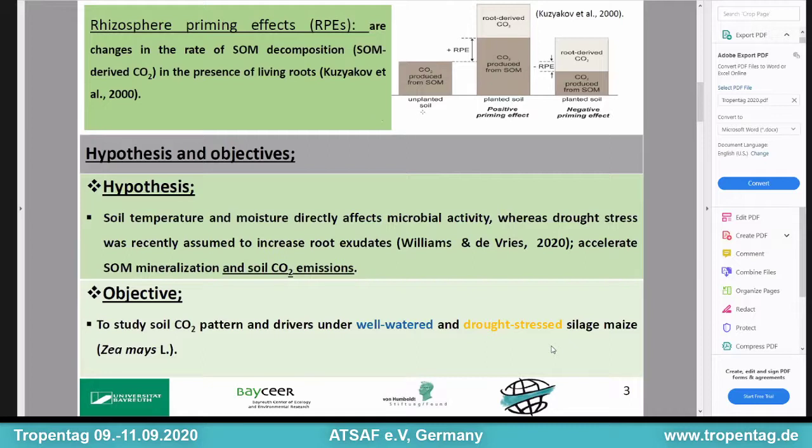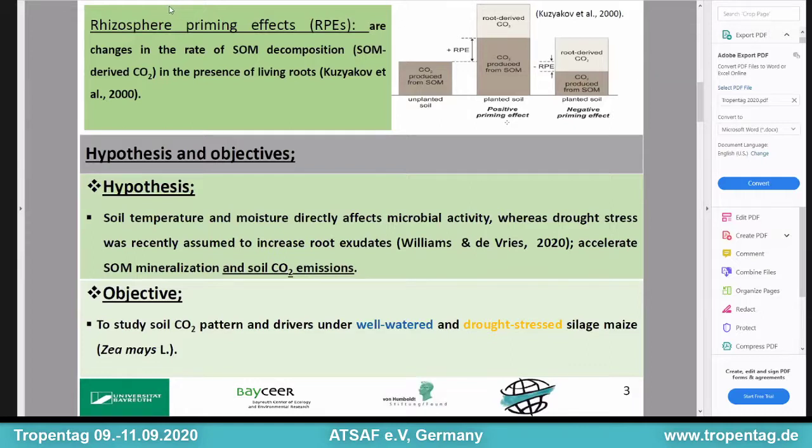So if you compare unplanted soil to planted soil, we have 2 ways of priming effect. Either it is a positive way, and in this case we have more CO2 emission to the atmosphere, or a negative way, in which case we have less emissions. And the direction, whether it's positive or negative, depends on the soil factors, the substrates themselves, and the optimum growing conditions for the crop and for the